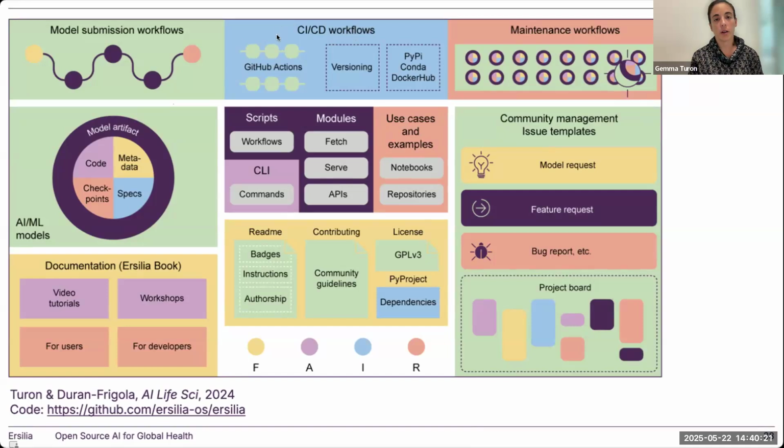We have a number of automated testing workflows based on GitHub Actions that allow us to upgrade the version every time, release to PyPI, to Conda, to Docker Hub, and a whole set of workflows that are inspecting the models regularly, making sure that they keep working. The models themselves have their code, but also their metadata, their checkpoints, so the executable files, and the specifications and dependencies, and all this is bundled into individual models.